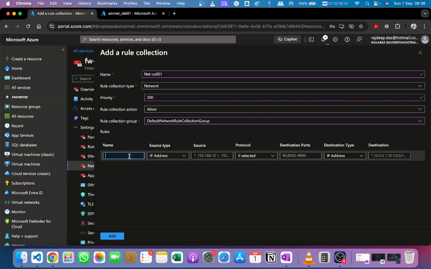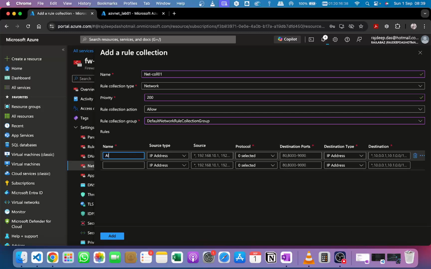For the name we can say allow DNS. Again, source will be the subnet, and the protocol will be UDP, and the destination port will be 53,